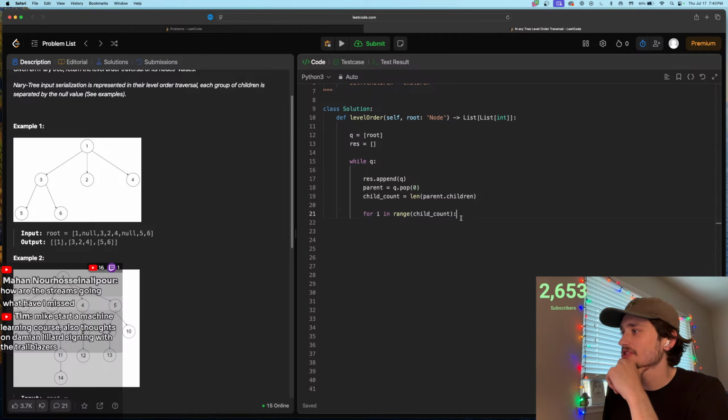So if we want to loop over the child count, it's going to remove the 1 and then do 3 loops, adding all 3 children to the queue. So we'll say